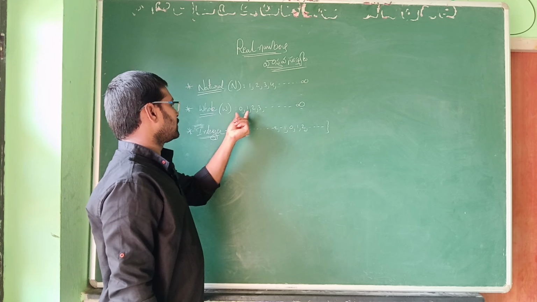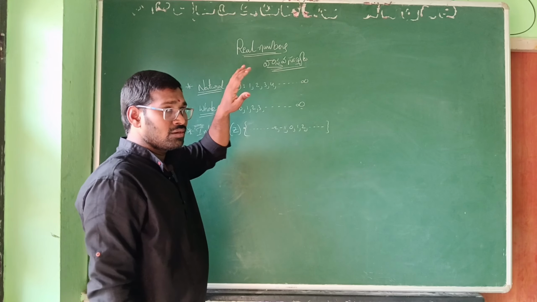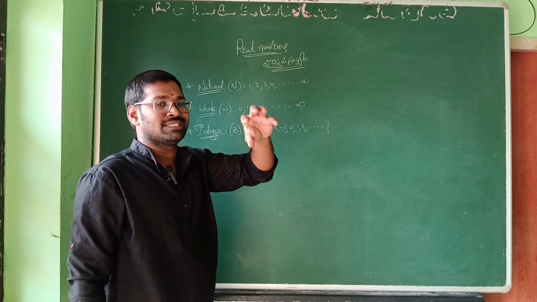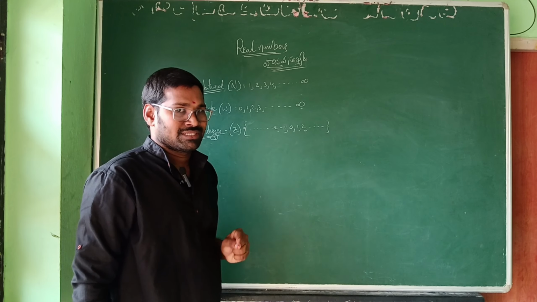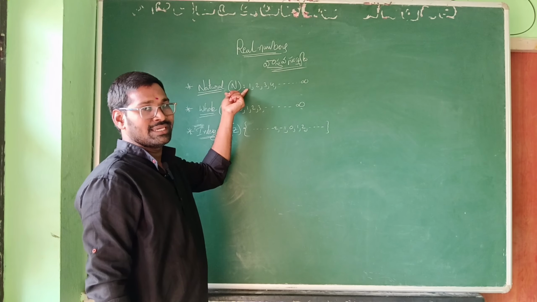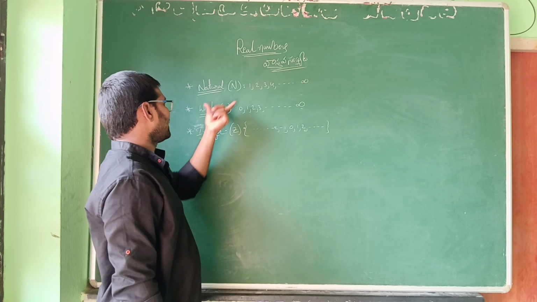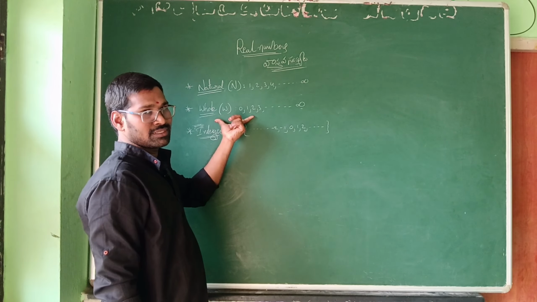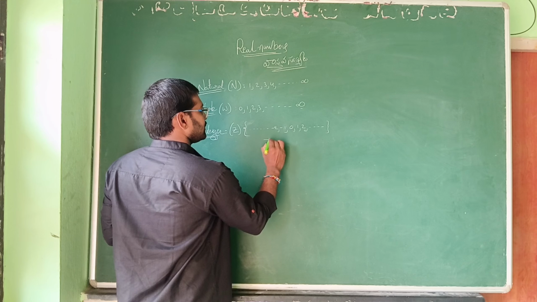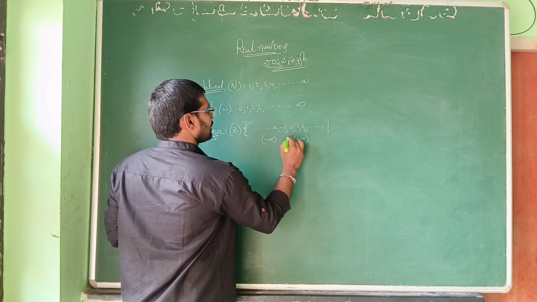See, whole numbers are 0, 1, 2, 3 and so on. Natural numbers along with zero are called whole numbers. Whole numbers are denoted by W and natural numbers are denoted by N, capital N. See, integers: natural numbers, whole numbers and negative numbers. Here negative integers means negative numbers and positive numbers along with zero,